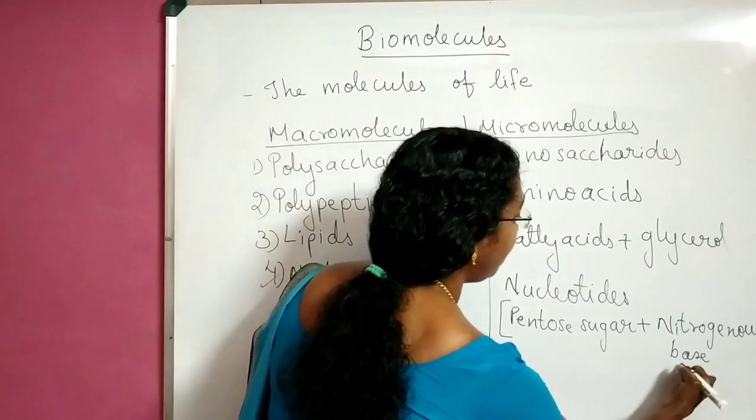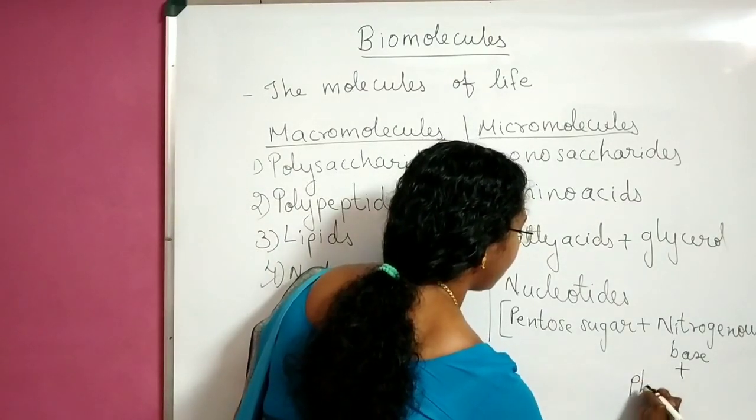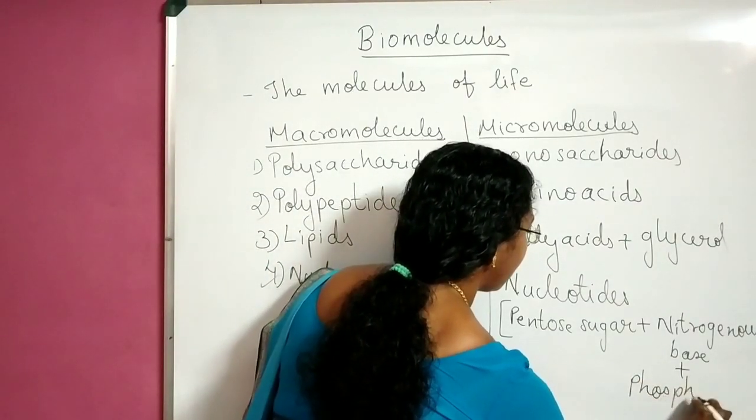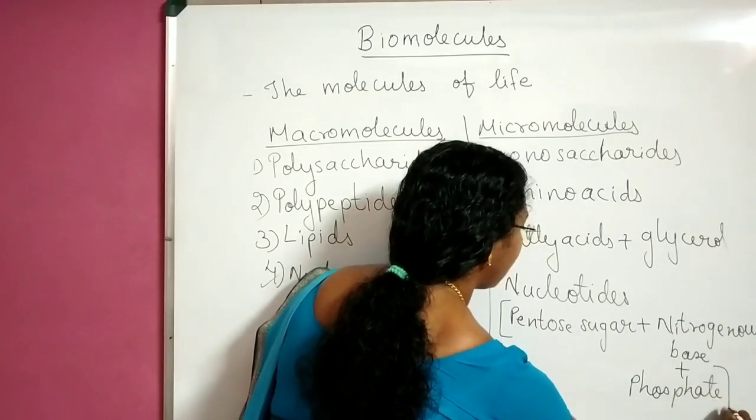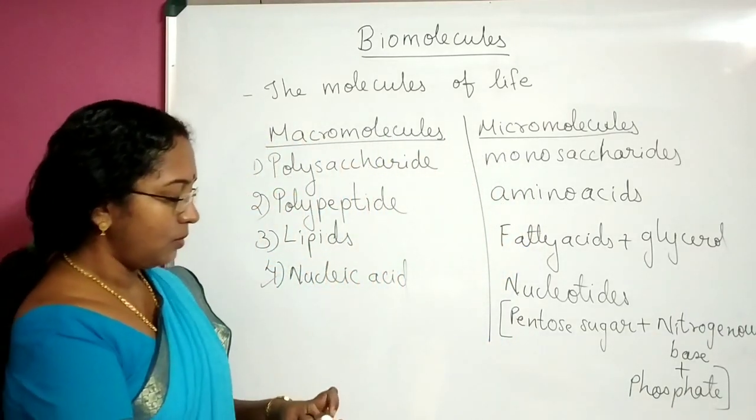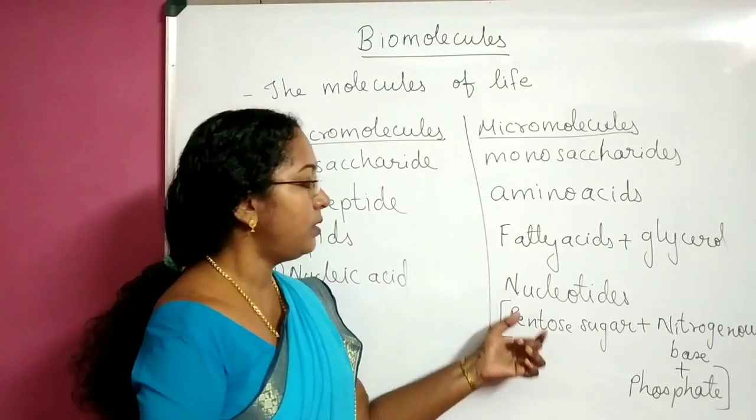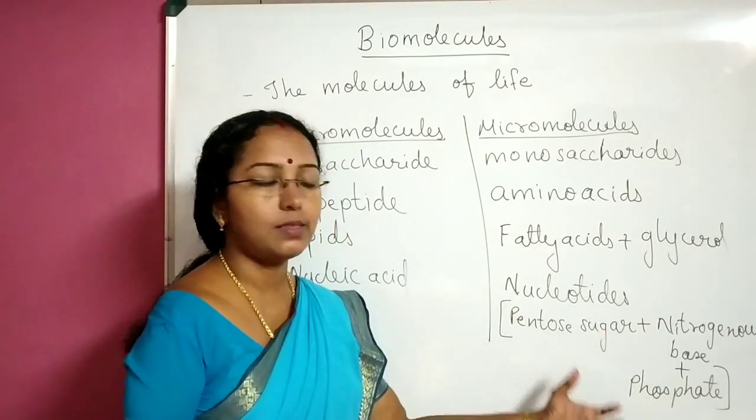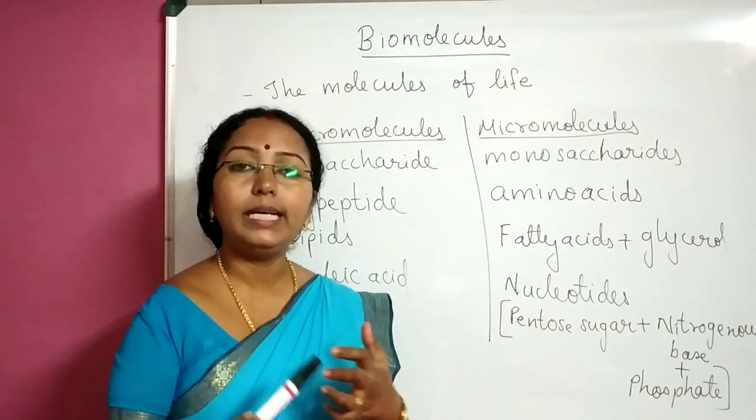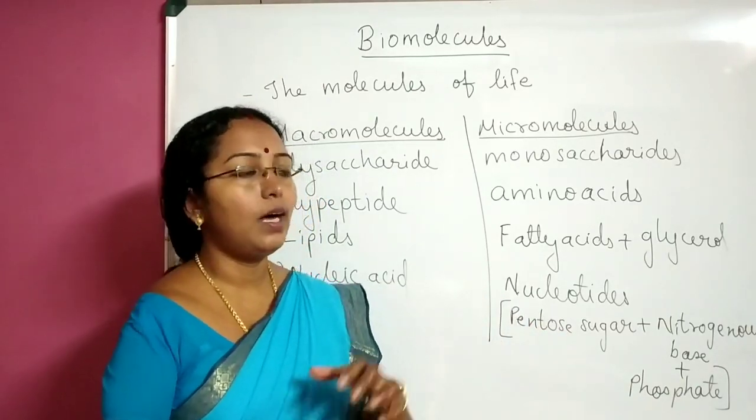Nitrogenous base plus phosphate. Okay. So if you say what is nucleic acid made up of, they are made up of nucleotides. What is nucleotides made up of? These three components. So actually how they are bonded, the name of the bonding, and how the whole structure